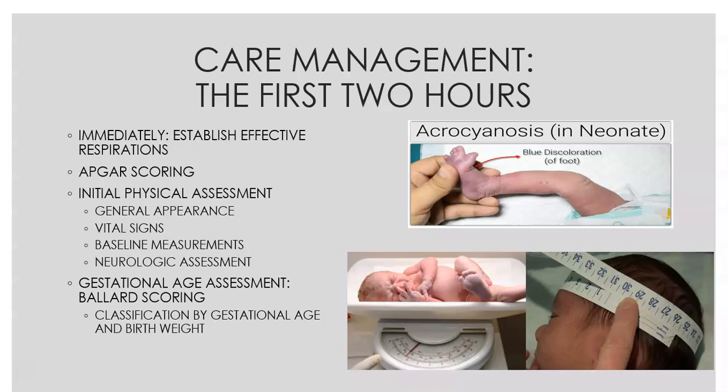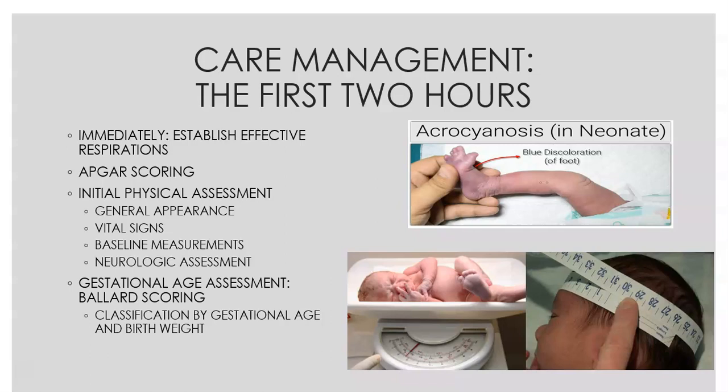So doing that initial physical assessment, looking at an overview, getting their vital signs, getting their measurements. They'll get a weight, they'll get a length. We call it a length instead of a height because they're laying down, so you're measuring them head to their feet. They'll do chest circumference, head circumference. So various different measurements. They'll also do what's called a Ballard score, a gestational age assessment, and I will show you what that looks like in just a second after we talk about the Apgar. But this is where you're looking at various characteristics of the baby to determine a more accurate physical gestational age, as opposed to just using those dates to determine their gestational age.